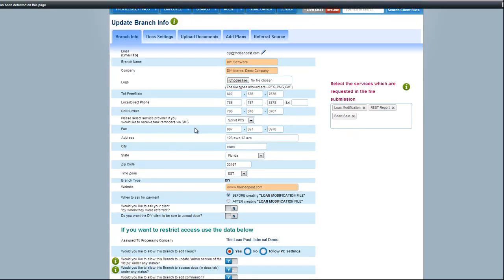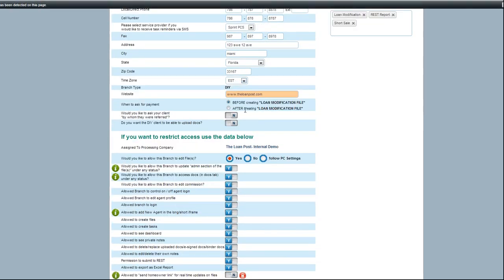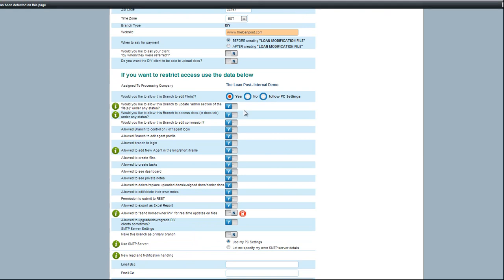All this is your basic contact information. You can actually have a different logo for this branch if you choose. Moving to the permissions, you'll see that you can follow the company settings for enabling the edit file permission. To reiterate, company settings